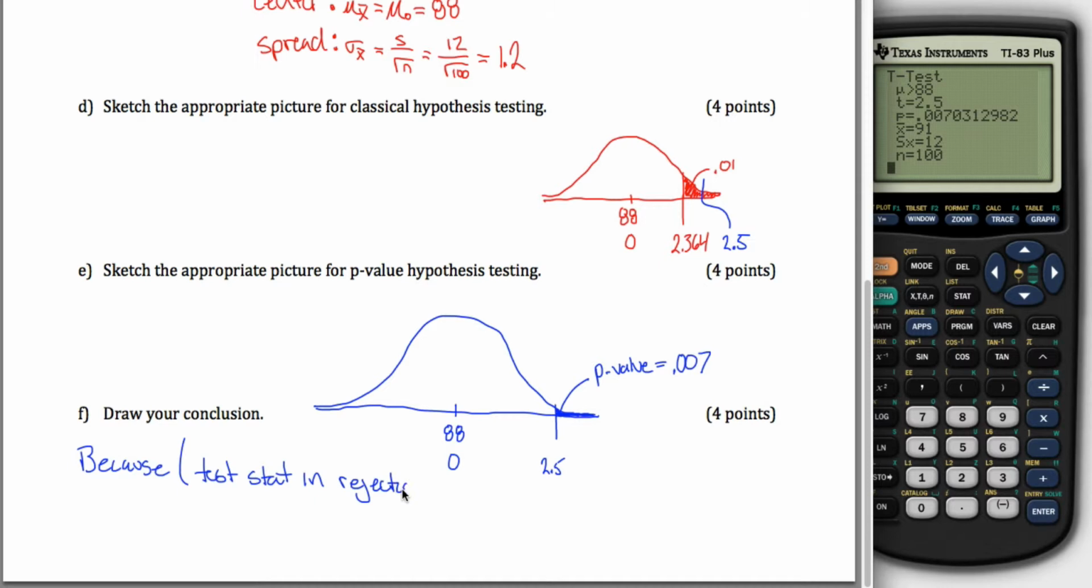test stat in rejection region or p-value less than alpha. So for one of these two reasons, the first reason if you were doing classical hypothesis testing, the second reason if you were doing p-value hypothesis testing. For one of these two reasons, there is sufficient evidence to reject the null hypothesis